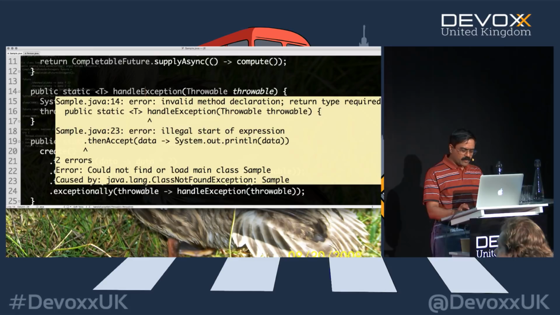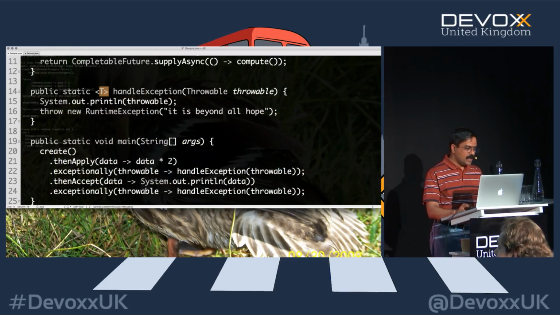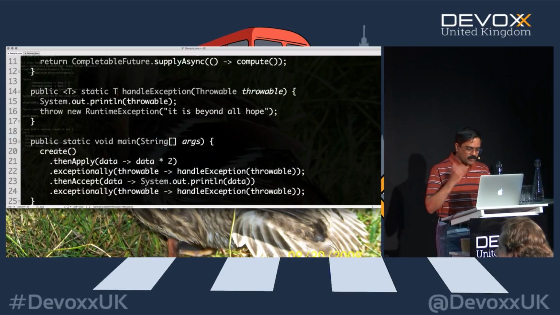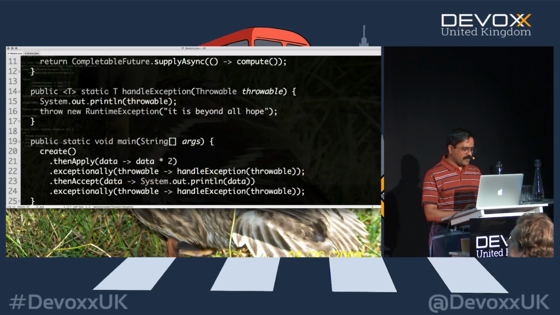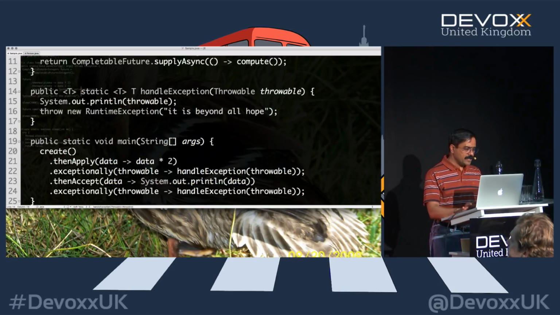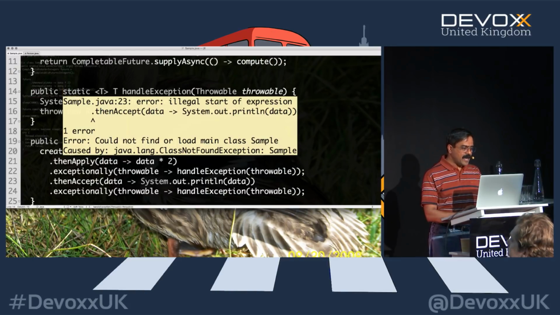Oh, let's see. How do I write this one? So this is going to be public. Is it before T? So T static. It doesn't have a type, so that's a T. Whatever it's going to throw as a result back to the caller. So that's going to be, right, T over here, not on the other side. So that's going to be the return type of T as well.